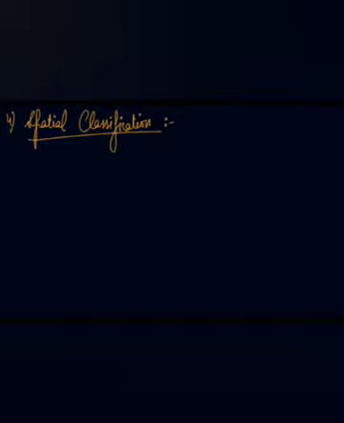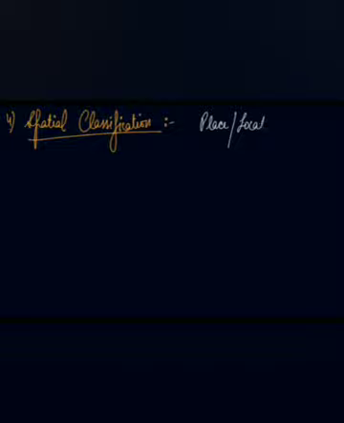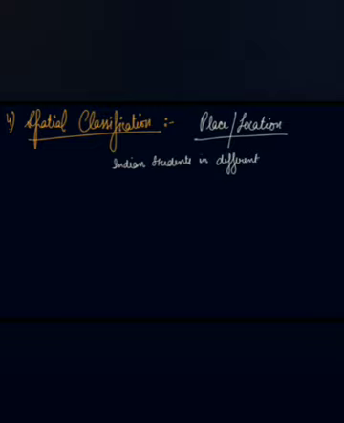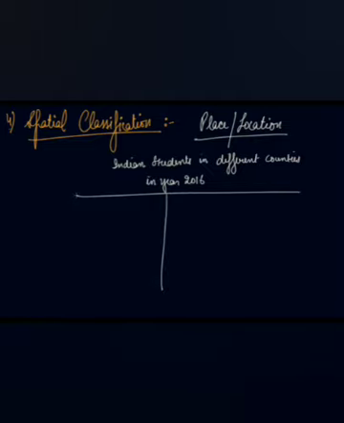Now in this spatial classification, what happens here? Place or location becomes the major variable of classification. Let's suppose you want to have the data of Indian students in different countries in year 2016. So you have given a tabular form to this data,